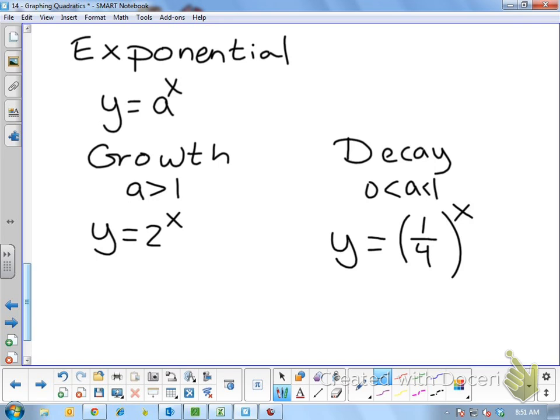You know how they tell how old an object is? Well, that's the decay type of function. They figured out how fast carbon decays over time, and they can measure that information so that they can figure out how old an object is. So growth,